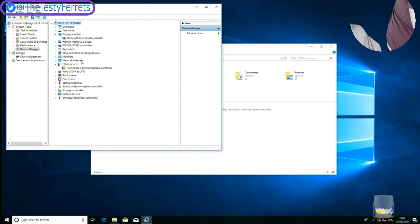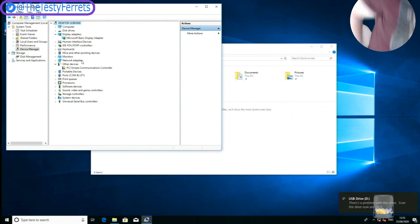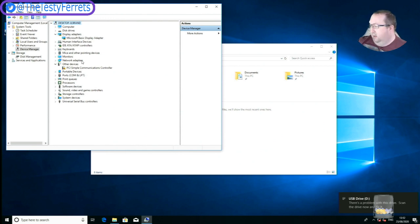Now, I've got a slight issue, and that is that the memory card I bought, a cheeky little memory card. It's a little one that actually attaches to your Kindle and stuff like that. Not a bad bit of kit, but yeah, you know,